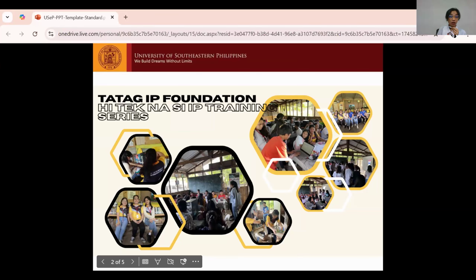It's called the Tatag IP Training Series, an extension program where our college collaborates with the Lumad students, indigenous students, and other degree programs such as information technology and computer science, as well as the Ateneo de Davao University, since it's a concerted effort to bring these services to these far-flung regions and areas. We conducted workshops in different parts with respect to our specializations as well.